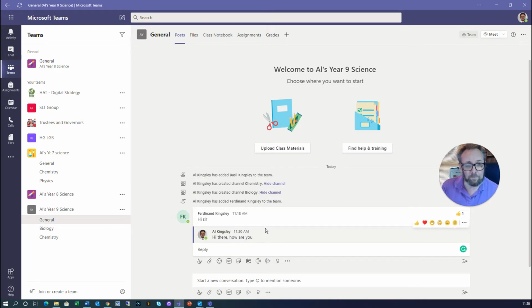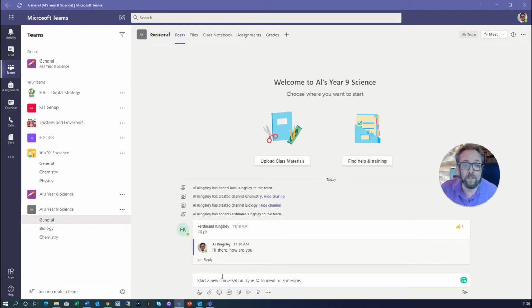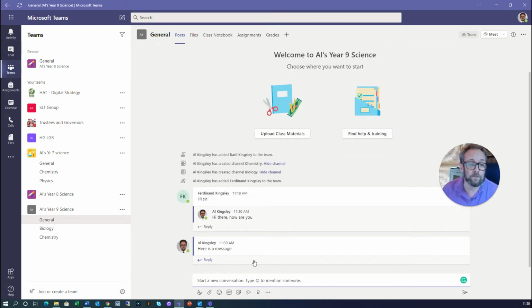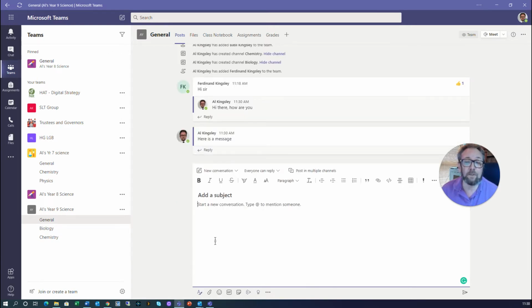Now, of course, if I want to send a message to my whole group, I want to start a new conversation. Now, I could do a basic start of a new conversation here, which is, here is a message. Simple as that, and you'll see I've created a message for everybody. What I can also do is start one using the little button here, the little A with a pen, and I can choose whether it's a conversation, in which case I can add a subject,